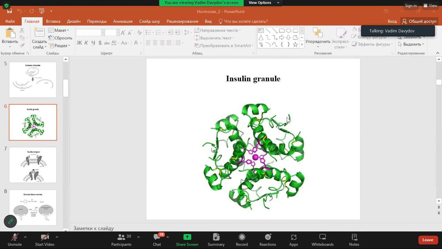Again, it brings to activation and opening of so-called voltage dependent ion channels in the membrane, resulting in calcium from outside the cell penetrating into the cytoplasm. So firstly accumulation of glucose in the cytoplasm, and secondly it brings to increased concentration of calcium in the cytoplasm of the beta cell, and